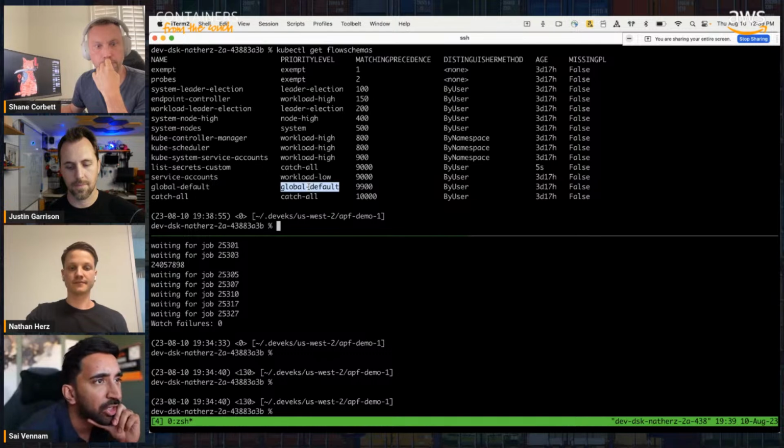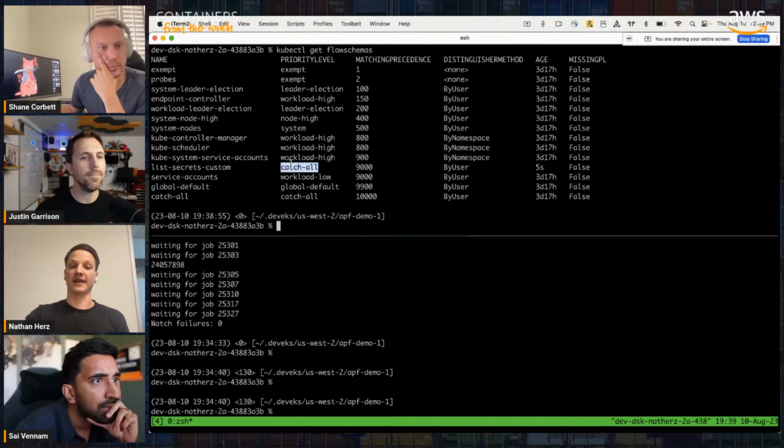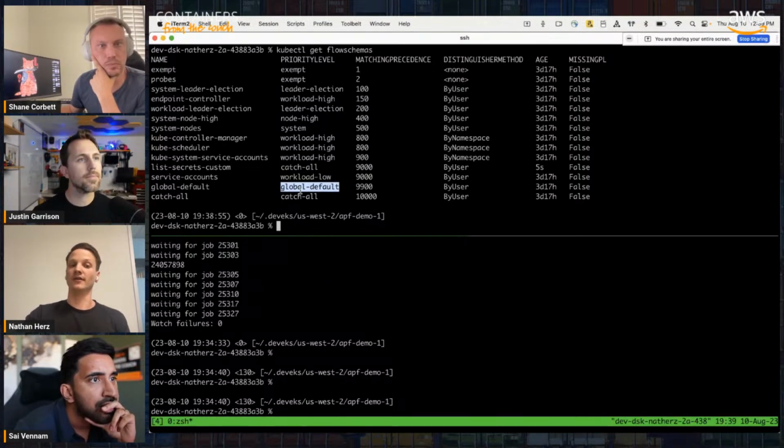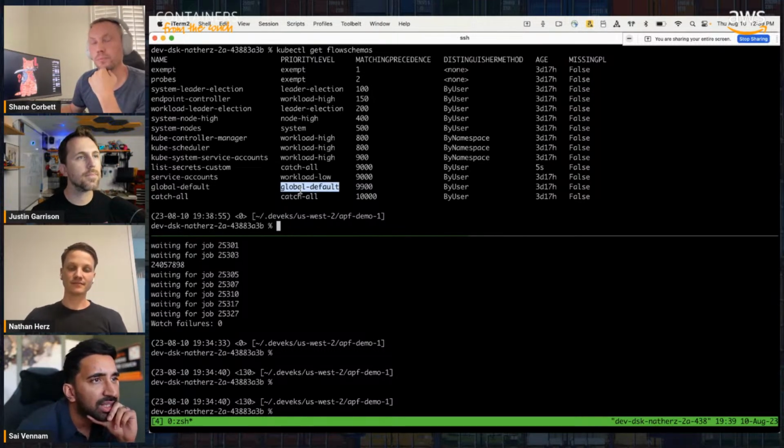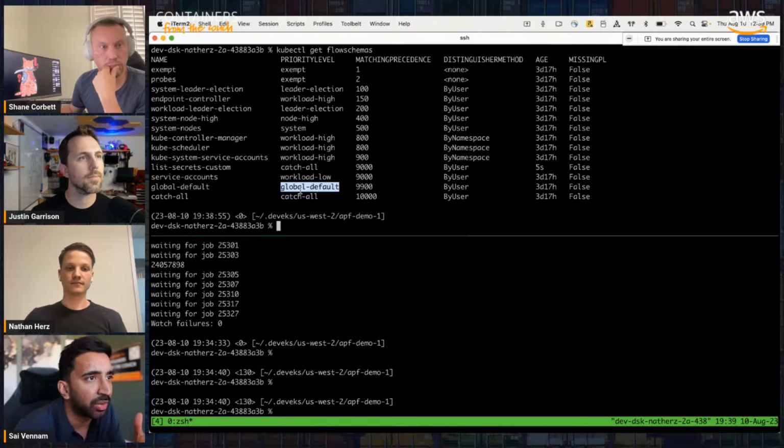Okay, and the create pods, would that also be global default, or is that somewhere else? Yeah. Initially they were both going to global default. We just moved the list over to catch-all, and then the create pod call kept going to global default. Okay. So now it wasn't being starved. Yeah. So it looks like list secrets is at a lower precedence, meaning now it has even higher priority, but